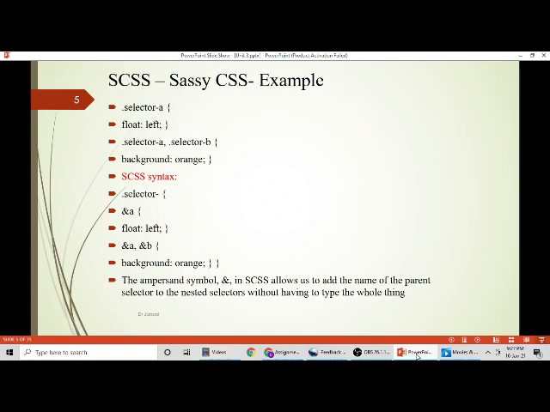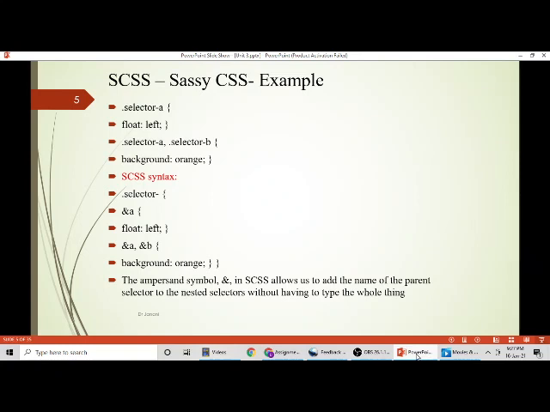And coming to your Sassy CSS, that is based on your Sass scripting language, how do you write your CSS script? Okay, the same thing. Either you can have one element and apply a particular style to that element. See here in this example, the first two lines tell that I am applying a float on my left to the selector A, that is to the element A. And you do have multiple options also, right? You can apply the same style to n number of elements. Am I correct? That's what we were doing in the second unit.